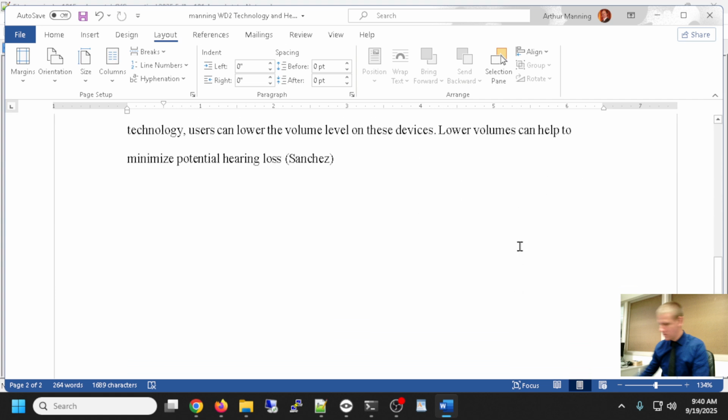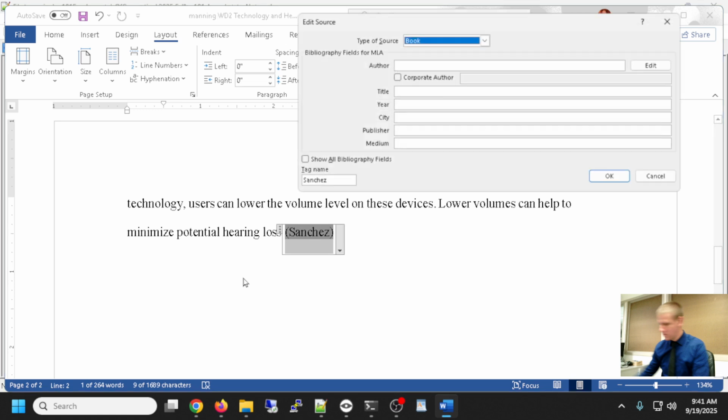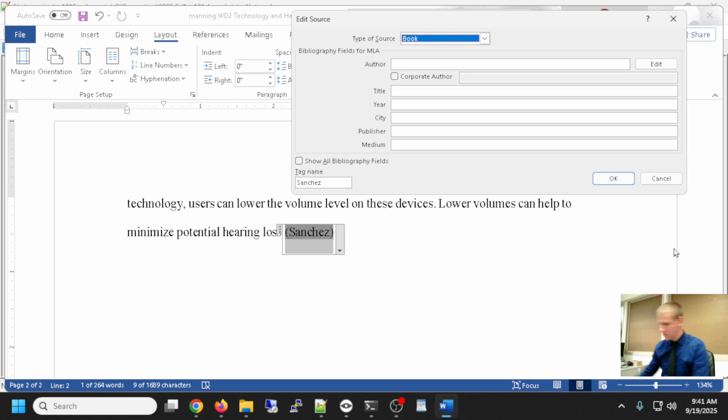We already have shown how you can add or show the white space. And now we're ready to modify the source for Sanchez. We've added a placeholder just like we did for Clark before in the footnote. I click on that, down arrow, edit source. This source is a web page. Yeah, this is a web page, so I go to type of source, website,